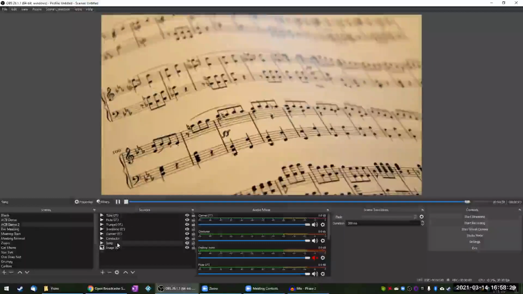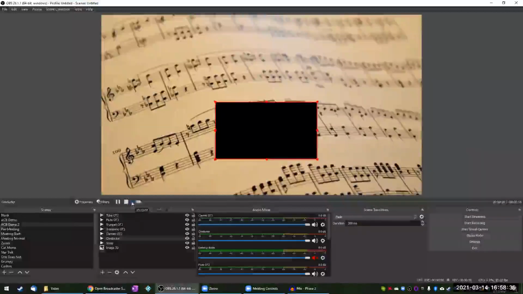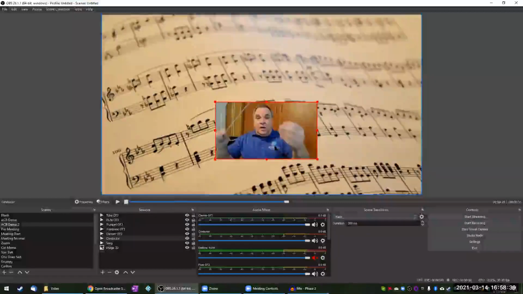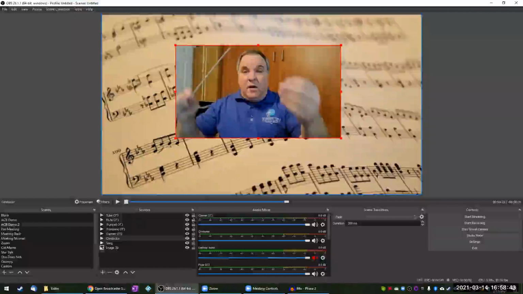Now, one thing I didn't mention before is when Tom sent me his conducting video, his camera recorded mirrored, so his logo was backwards on his shirt here. And there are a bunch of different places that can be changed.